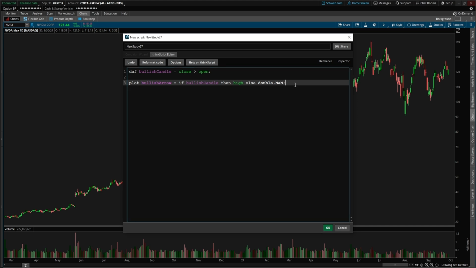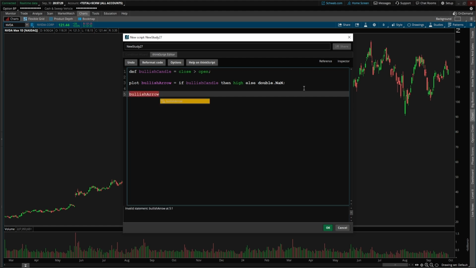Now we have to make use of some look and feel functions because we want the machine to know that we want to see an arrow at this plot. That is what we would like to see painted. So once again, using dot notation, as we want our look and feel function to be in reference to the bullish arrow variable, as this is our condition where we would like the arrow to plot, right? Bullish arrow dot, and then we are going to call the function setPaintingStrategy, which accepts a parameter of